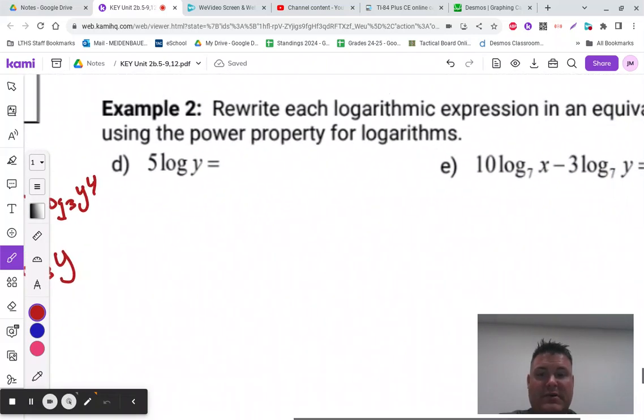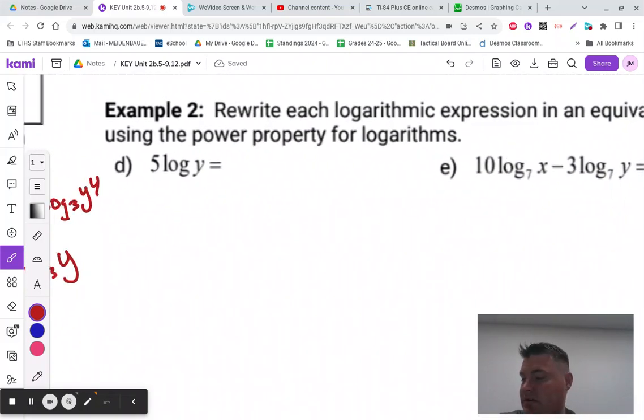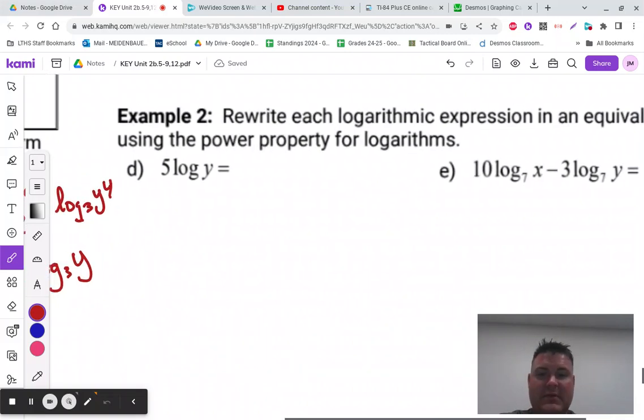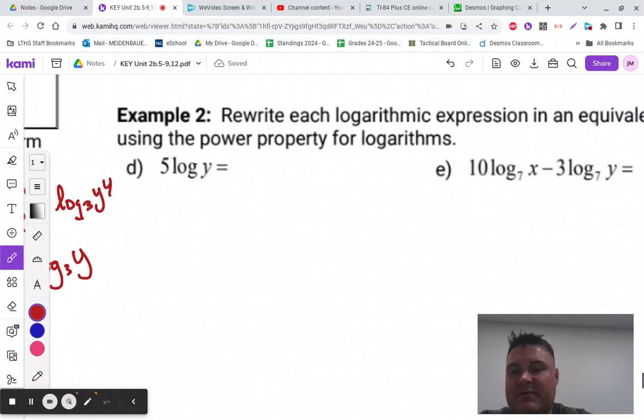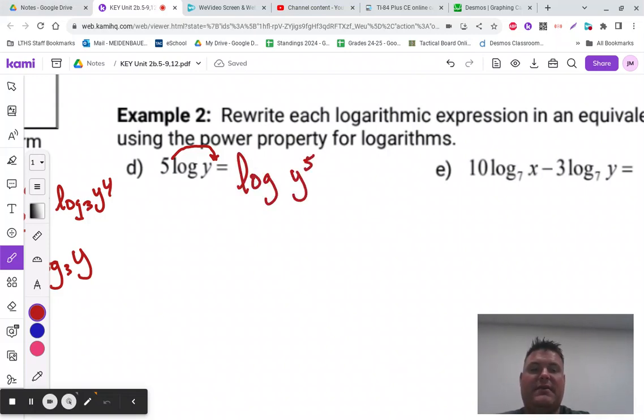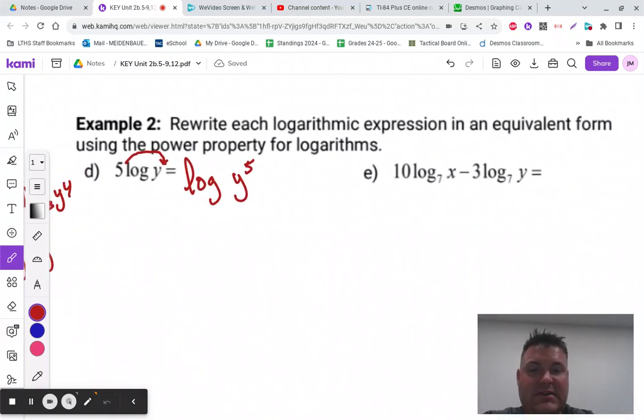Write each of the logarithmic expressions as an equivalent. Oh, so we're just going backwards for these. Okay, so we're going to throw this 5, put it on top right there. So this is going to be log, no base there, so just base 10, of y to the 5th. Oh, this one, we're going to put this 10 on top of this x. We're going to put this 3